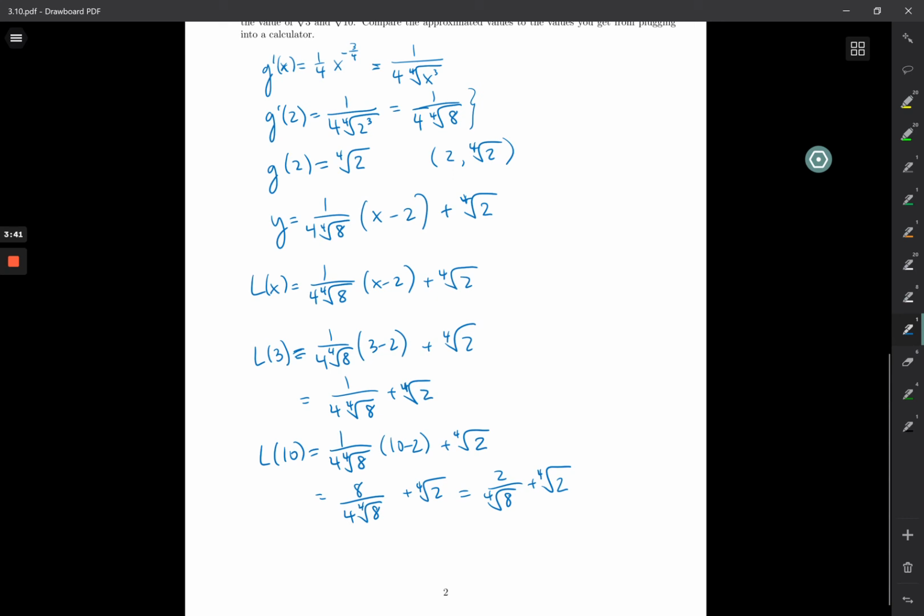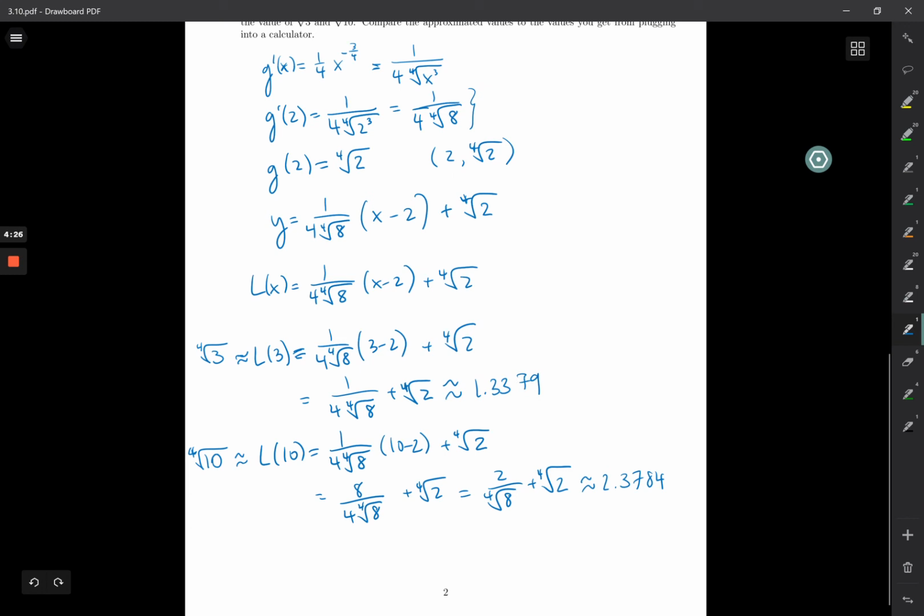Okay, so if you take this value and plug it into your calculator, it will give you 2.37884. Okay, so that is going to be our approximate value. Remember, this is approximately equal to the fourth root of 10. And then this is the linearization at 3 is approximately equal to the fourth root of 3. Okay, and then we'll do the same for the linearization of 3. So I will plug this in and get